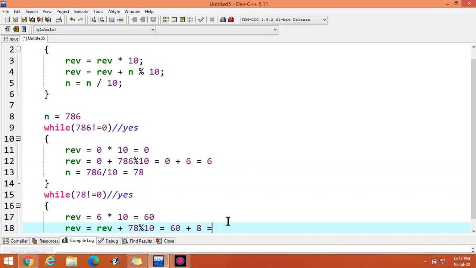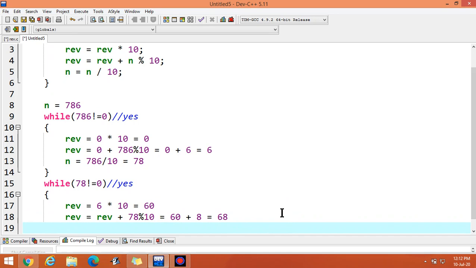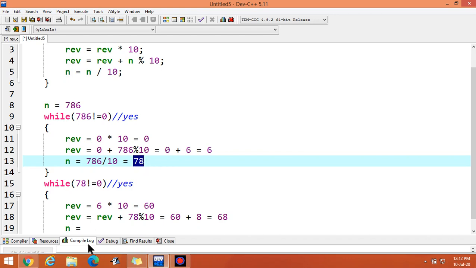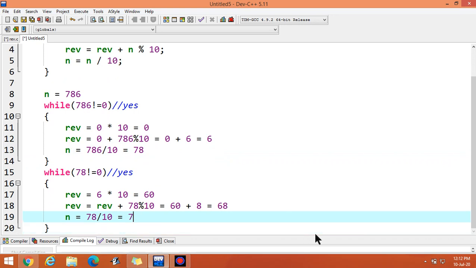It means the answer is 68. And the next step is n is equal to n divided by 10. Now the value of n is 78. It means I can write 78 divided by 10, because the value is an integer. It means the answer is 7.